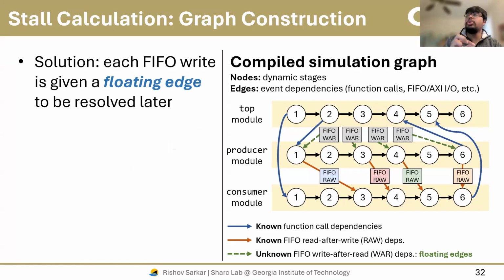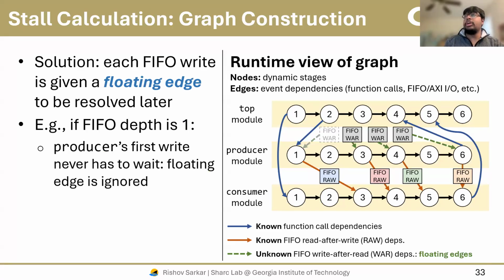edges that point to a node, but don't have the starting point at this time. We encode some metadata so that we can resolve the starting point later, but for now, it's sort of just floating in midair. So as I mentioned, if the FIFO depth is 1, the first write never has to wait,